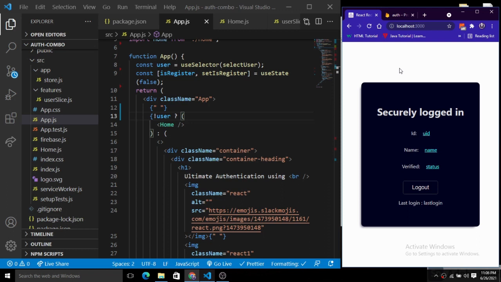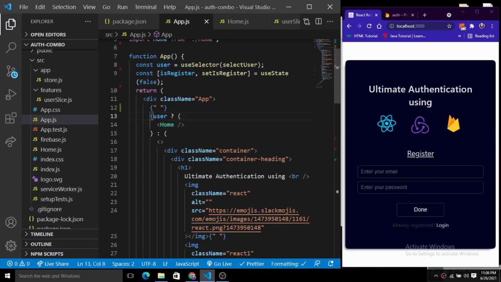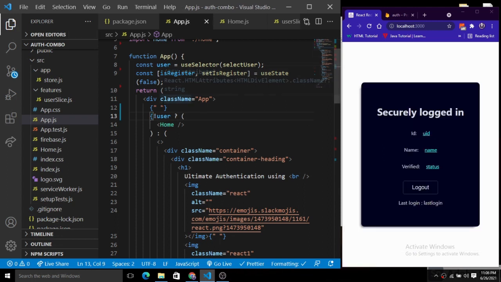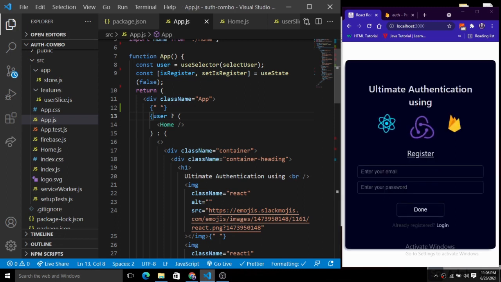When we refresh, you will see that we have negated that, so that's why we are able to see this home component here. When the user is null, we will only see this card. When the user is logged in, we will see this home card. So we have tested both of them.